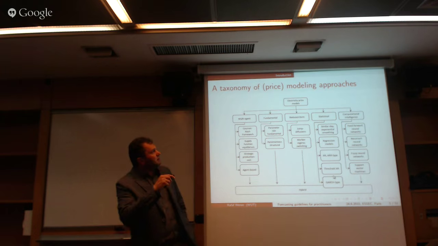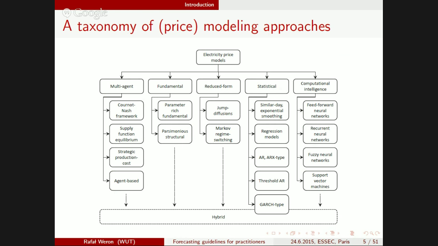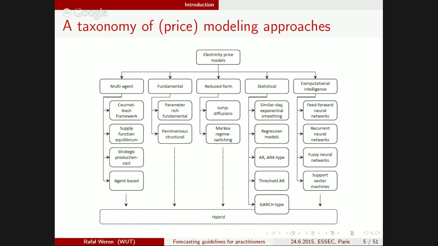The last class, on the very left, multi-agent models. These are models definitely for price modeling and not so much for forecasting. Some of them have been used for forecasting, but there's not that much success. Still, I put it here as for some markets, like the Spanish market, where you do not have too many participants, too many major players, you can try to work out models in this kind of game theoretic models, in the Cournot framework, the supply function equilibrium models, strategic production cost models, and the last class here that fits in